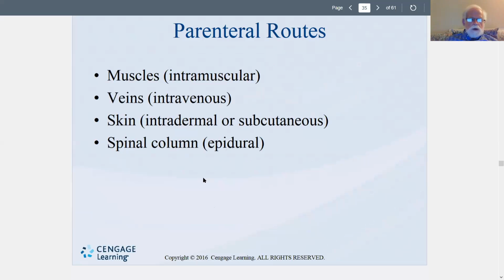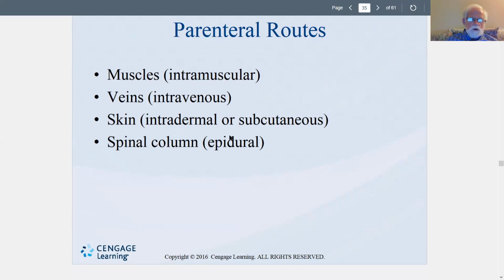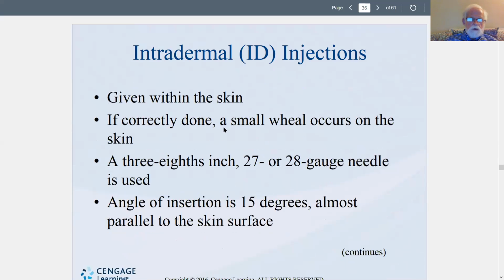So we have muscles. We have intramuscular route, intravenous, which is directly into the venous system, and under the skin we have subcutaneous. The spinal column is often called intrathecal. This is the epidural that many women are very aware of. Intradermal injections, if done correctly, you'll get a wheal or a little bubble under the surface of the skin